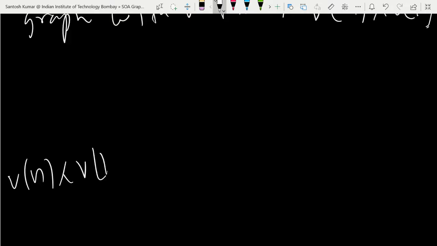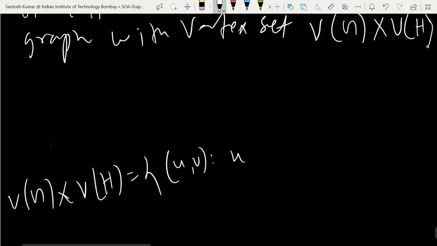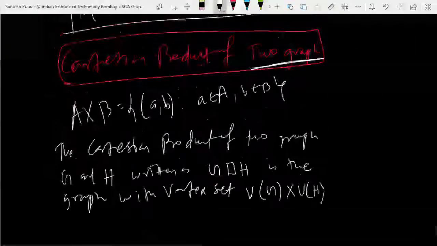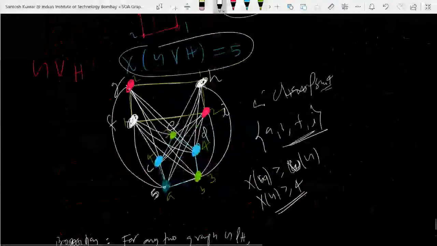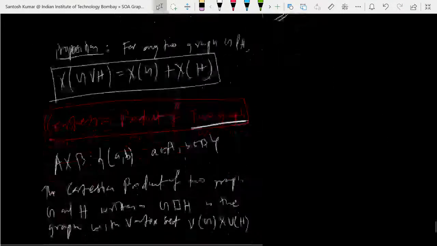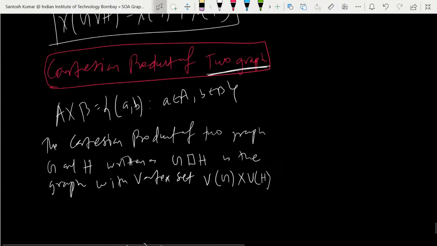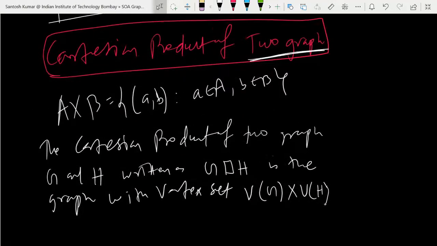Vg cross Vh means this is collection of order pair UV such that, सर थोड़ा सा ऊपर कीजिए सर, वो लिखे नहीं है हम। okay, okay. So which one you want? This one? सर नहीं, नीचे नीचे सर, वो वर्टेक्स इज द ग्राफ विद वर्टेक्स, इस यहीं Okay, पे। okay, okay.